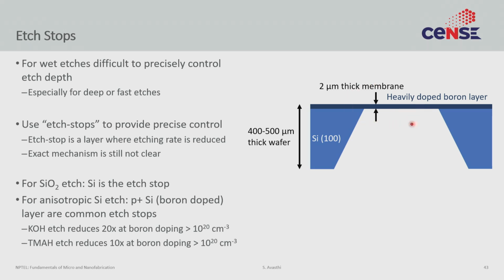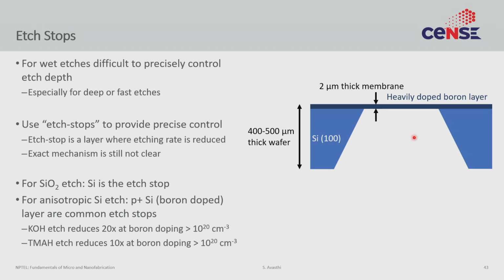Now you can imagine these layers are practically very useful, because they provide a sort of feedback mechanism during the processing where you can stop the etch without having to worry about the time too much. The system is sort of stable or robust to small variations in etching rate, small variations in thickness, because beyond a certain time the material will just not etch, right? It will etch to a certain point and not etch any further. One etch stop that we have discussed is if you are doing an etching with a very selective material, say you are etching silicon dioxide on silicon using hydrofluoric acid. The hydrofluoric acid etches silicon dioxide very well, but then it stops at silicon. So silicon in that case is an etch stop to silicon dioxide etching using hydrofluoric acid. Okay.